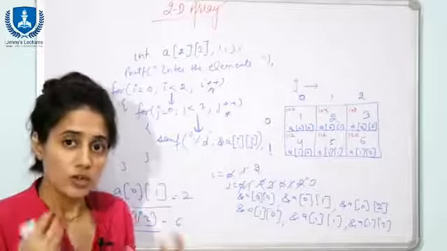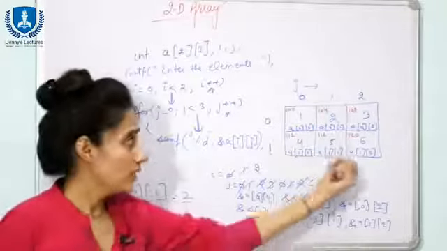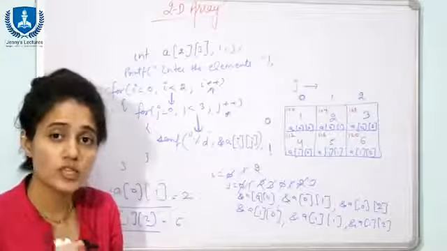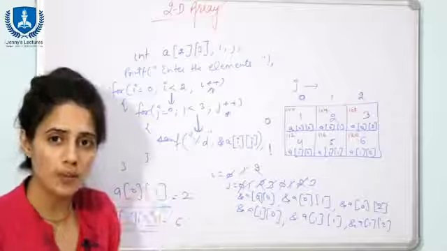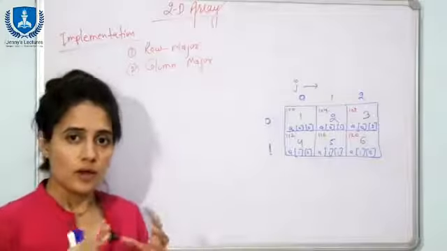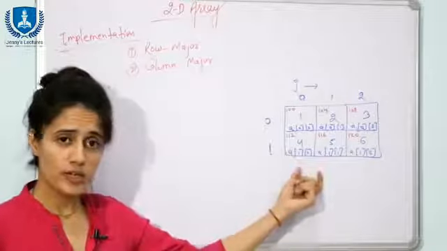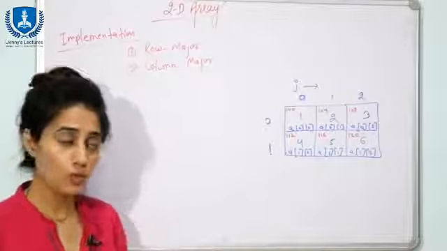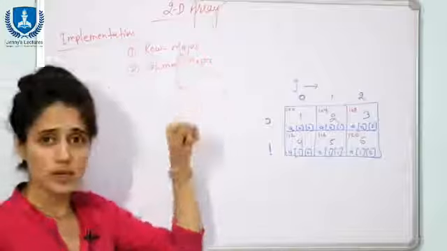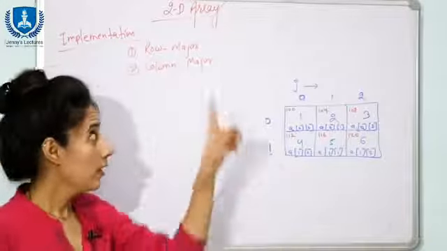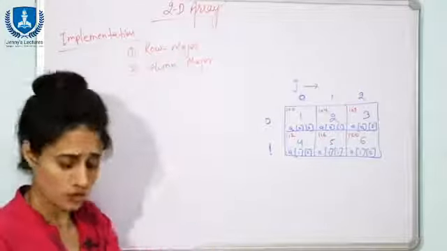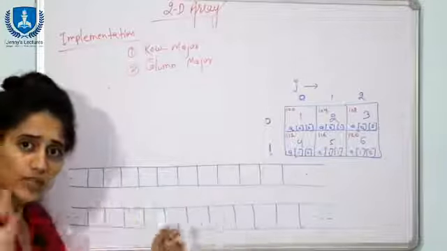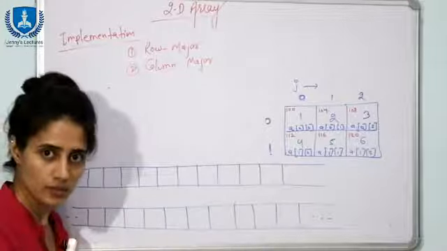Fine. So now we are going to discuss how the data of a 2D array is stored in memory, or you can say the implementation of a 2D array in memory. See how you can implement this 2D array, or how you can store this 2D array in memory. Two methods are there, one is row major implementation and another is column major. Now first, what is row major implementation? As we have discussed, memory is a long tape of bytes and each byte has its own address.